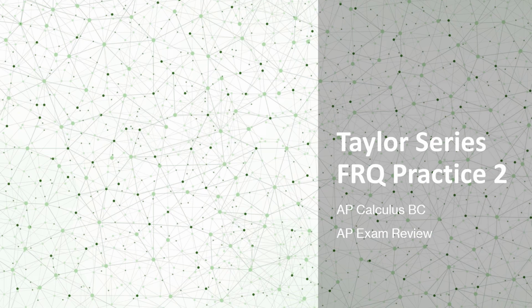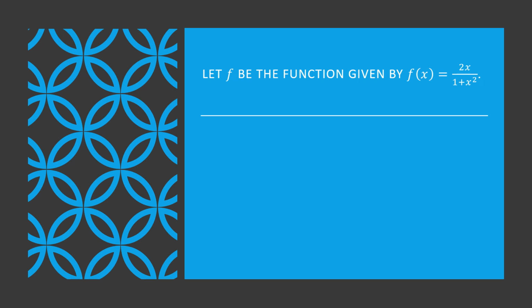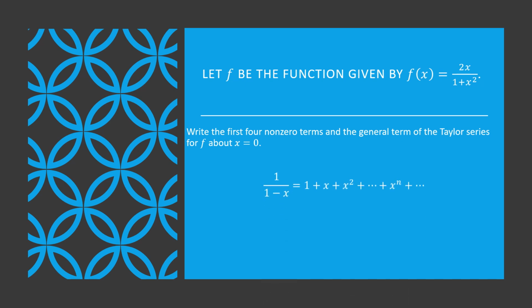Today we're looking at some more questions and problems on Taylor series and Maclaurin series. So the first question, they give us a function f, that f equals 2x over 1 plus x squared, and they want us to write the first non-zero terms in the general term of the Taylor series about x equals 0. Remember, when you see x equals 0, that's truthfully just the Maclaurin, so we can do it from our